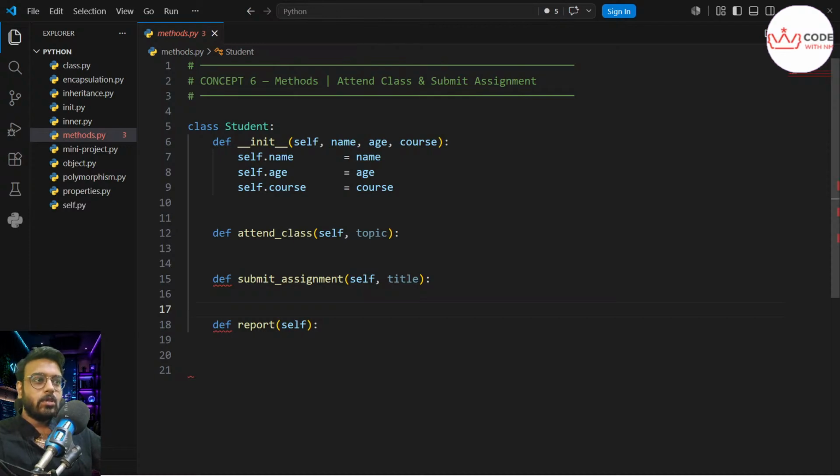Just jot this down on your page or anywhere else, because this is important. Might be in an interview they will ask you what is the difference between method and function. They are the same only, but inside the class a function is known as a method. Simple. So what is the method in our example, like class Student, in our case inside the class Student, and